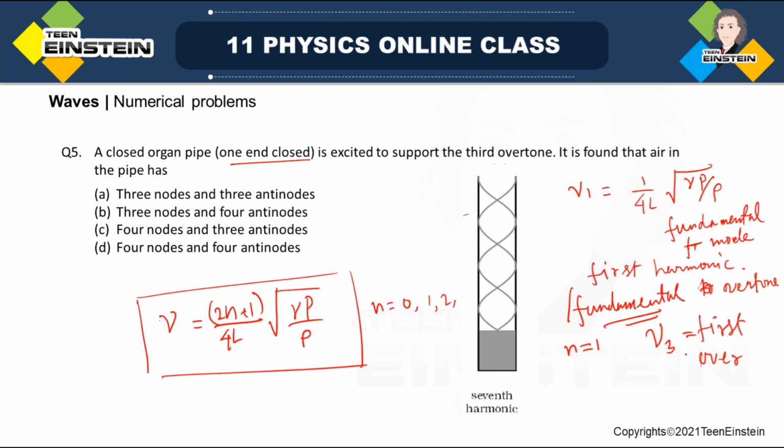See, the first overtone is actually when it is the third harmonic. Third harmonic is the first overtone. This time you have to remember. Then when n is equal to 2, you get the fifth harmonic. So the fifth harmonic, and this fifth harmonic obviously will be the